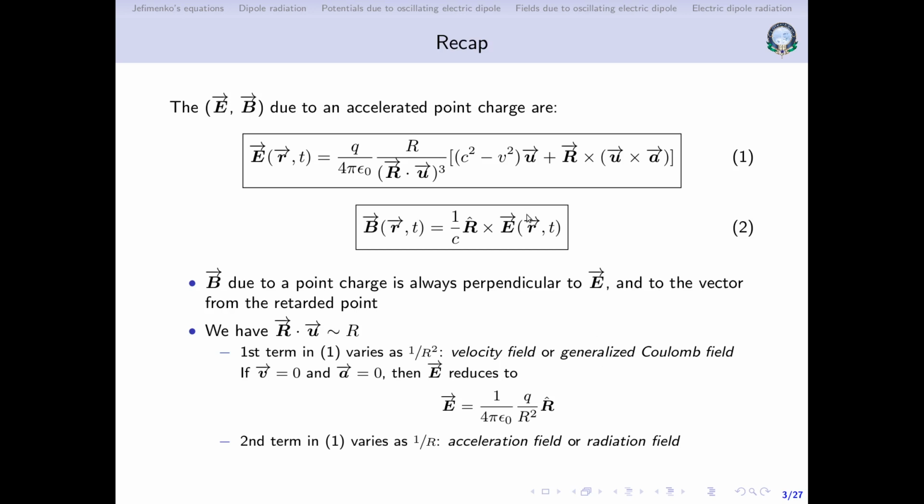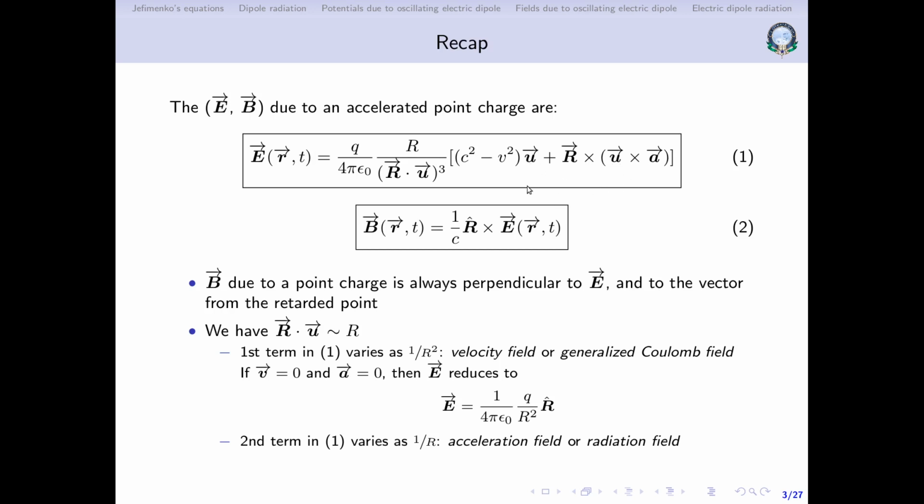So just to recap, these are the fields due to an accelerated point charge. If you know the electric field, that is sufficient, because the magnetic field can be obtained from the electric field itself. Here capital R is the separation vector between the source point and the field point. You can notice here that the electric field has two terms. One term depends only on the velocity, the other term depends on velocity as well